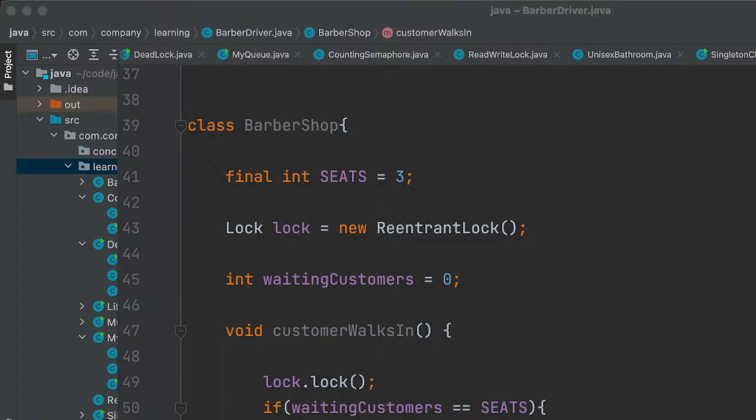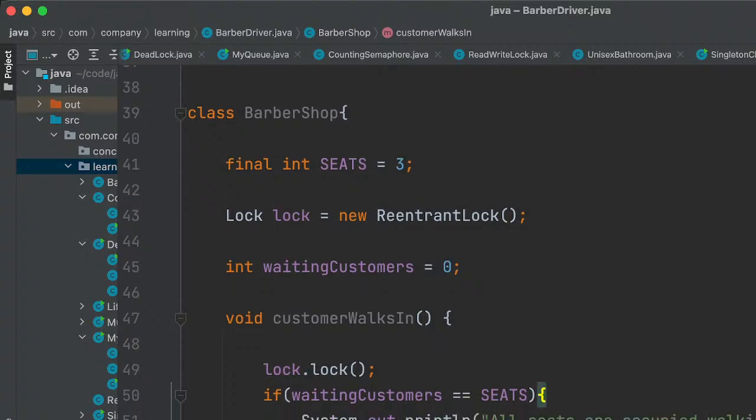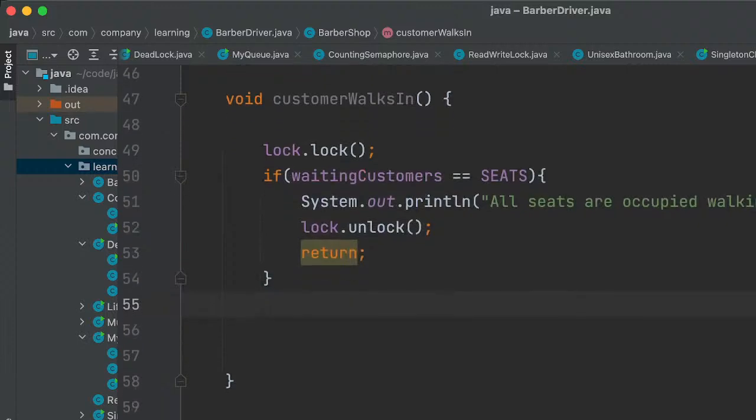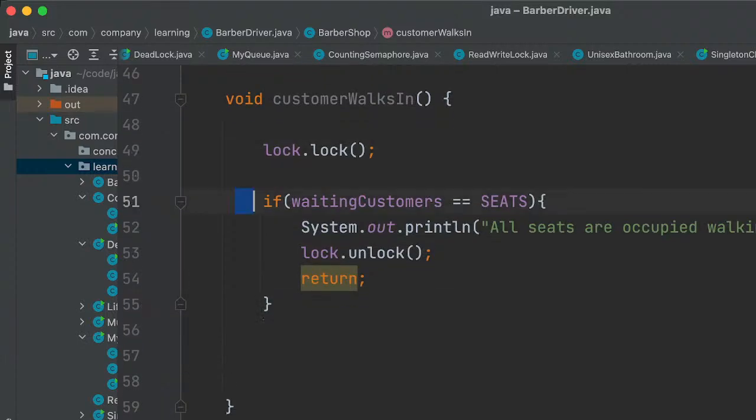So just before returning, what we need to do is we need to unlock this, right? And if the customer says that he can have this request, he can. If we reach here, it means that there is enough number of seats. So unlock.